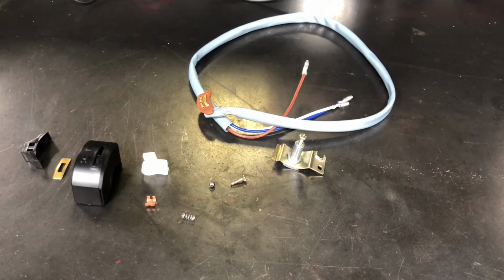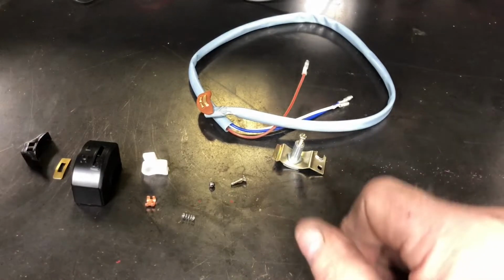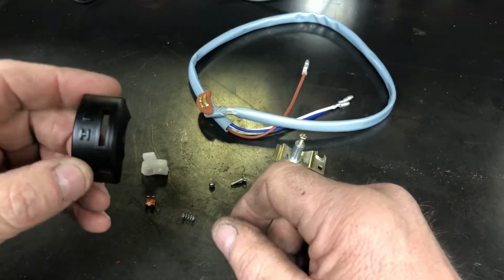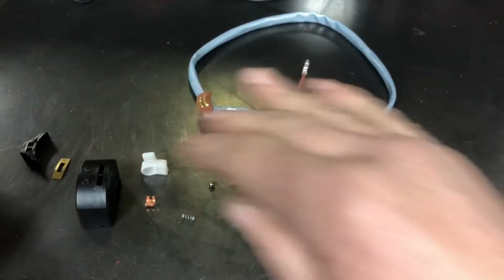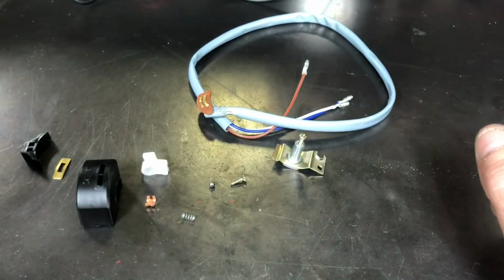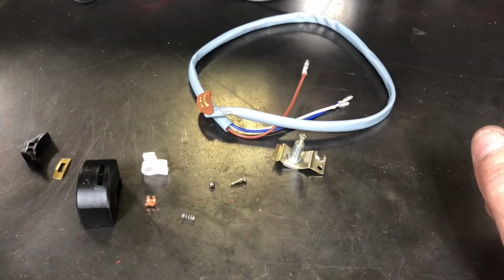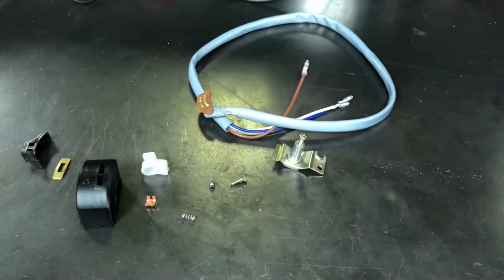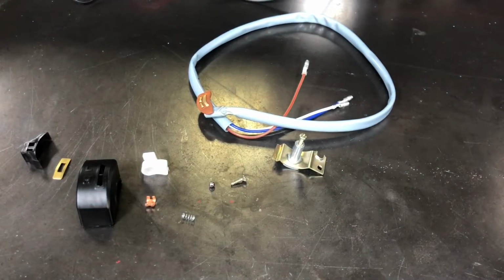Yesterday I was on Facebook and I saw a post where a guy was asking how to assemble the light switch, the dimmer switch on, I believe his was a Z50, but it's the same for a CT70. I didn't realize it, but apparently you can buy a rebuild kit for these things, and I'm not exactly sure what all parts come with it, what you start with and what you buy. But he's got parts that look something like what I have laid out here, and he needs to know how to assemble them all. So I thought I'd just make a short video, kind of walk through how I do